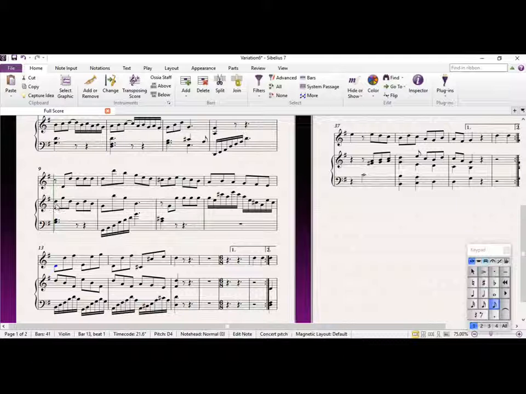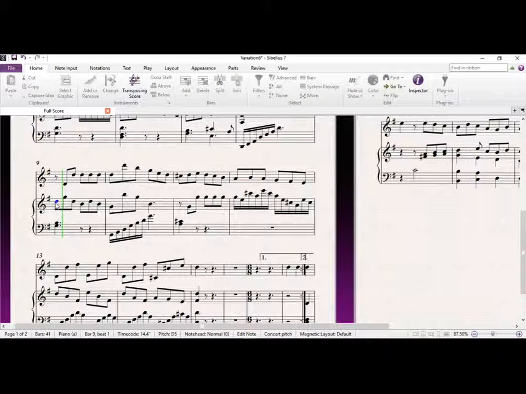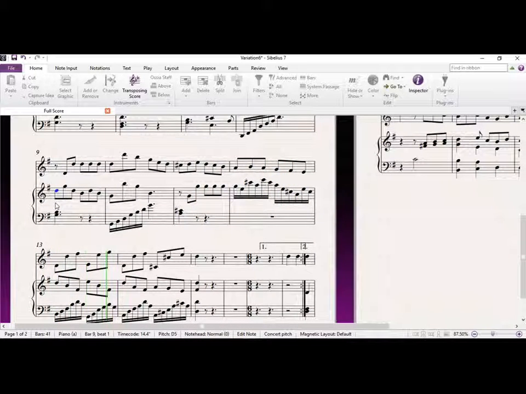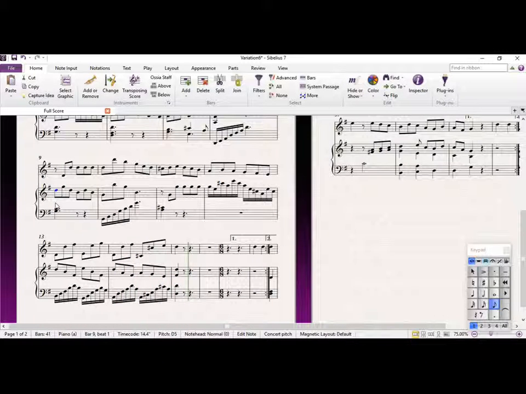In fact, let's just play it because I haven't played it since writing all this stuff in. Okay, that sounds fine. So, as I was saying, we can use this kind of motion in the violin to go down to